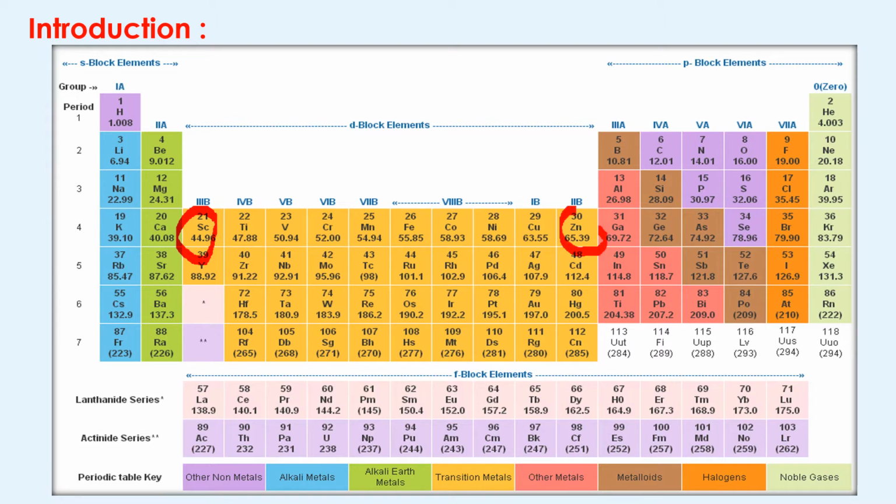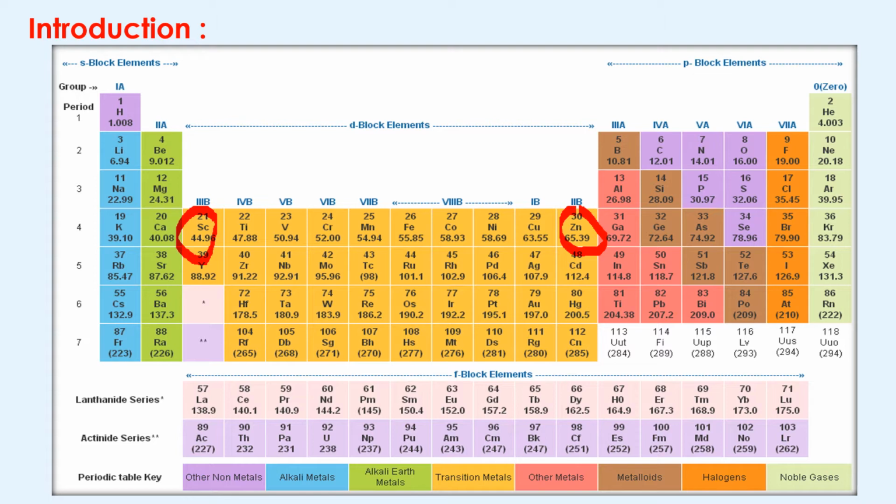This is our first series, scandium to zinc. Now if you observe, your transition elements are placed from group 3 to 12, and periods 4 to 7.